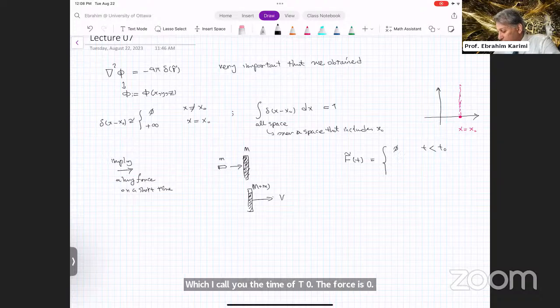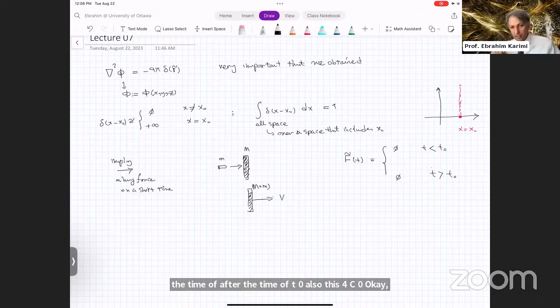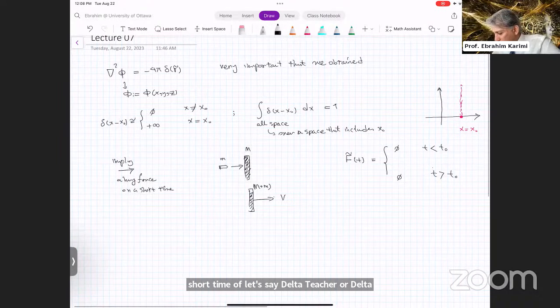After the time t0, the force is also 0. Assuming that my hand is punching something, before the punch happens, essentially the force on this object is 0. After that, also the force is 0 because I brought my hand back, but only in a very, very short time, let's say delta tau, which happens exactly at the time t0,